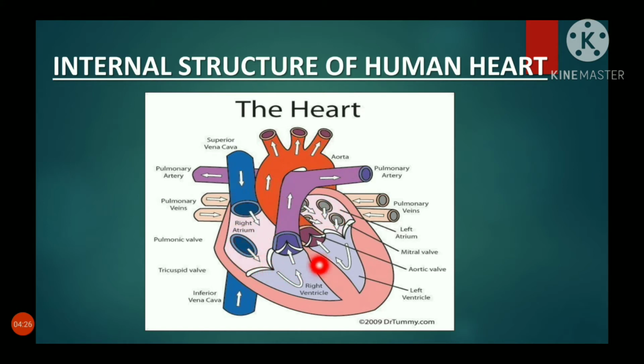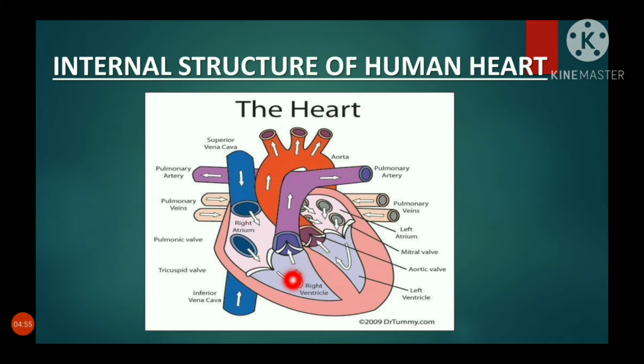Now the ventricles form the lower part of the heart. They are present at the lower part of the heart. The two ventricles are separated from each other by the interventricular septum. Here, what we said earlier was the interauricular or interatrial septum. Here two ventricles are separated, so it is called the interventricular septum.